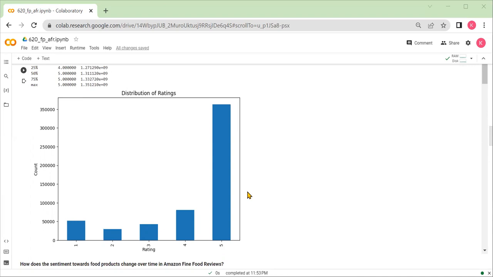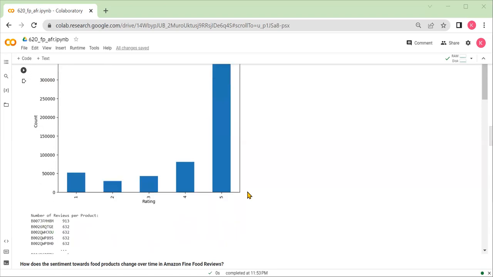These positive ratings reflect positive sentiments towards the products and indicate that customers were likely to recommend them to others. So understanding the overall sentiment through rating distribution is crucial for businesses as it provides insights into the perceived value and satisfaction customers derive from their products. By recognizing the predominance of positive ratings, businesses can identify areas of strength in their offerings and capitalize on positive customer experience to strengthen their brand reputation and drive customer loyalty.